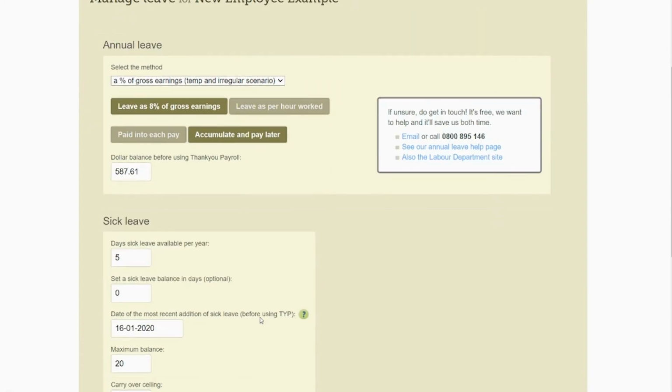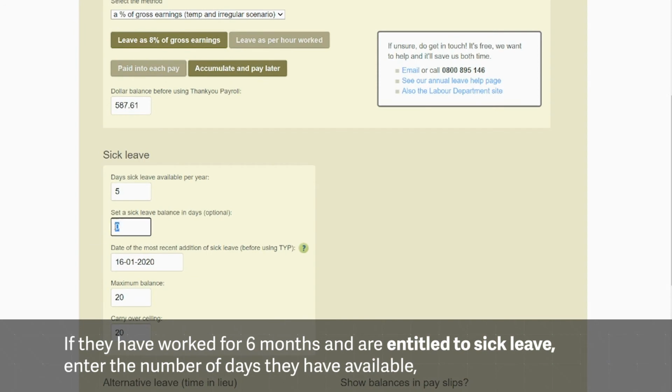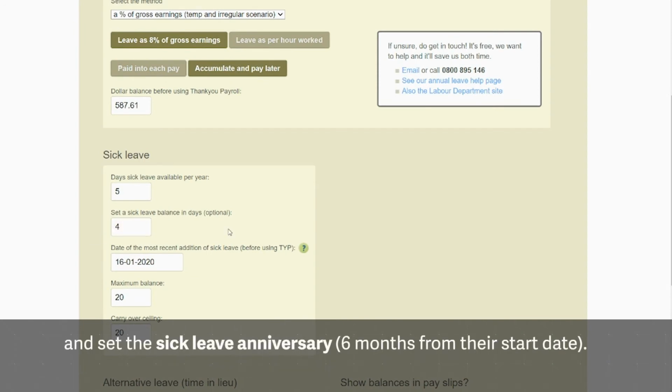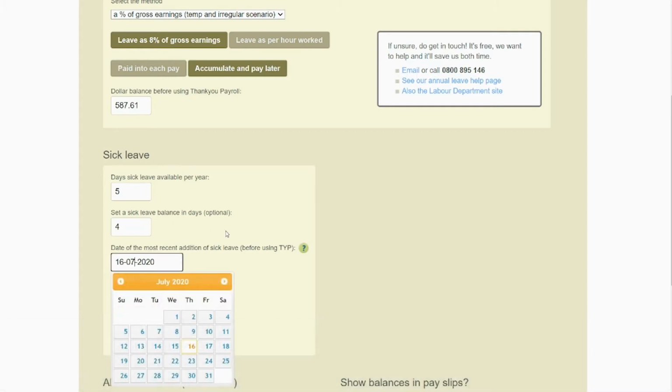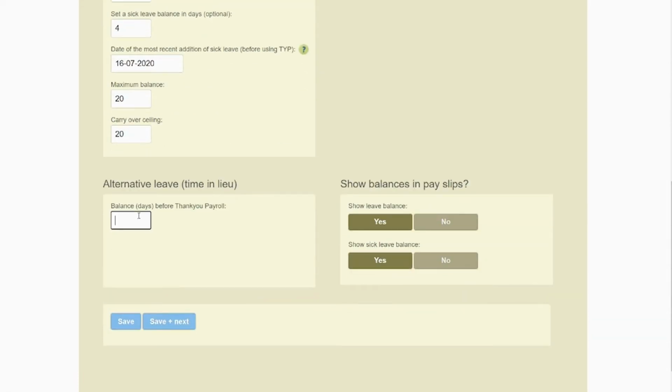If the employee has worked for 6 months and become entitled to sick leave, you'll need to enter in the number of days they currently have available and set the most recent addition of sick leave to be that sick leave anniversary. Remember, it will always be 6 months from their start date. If they've also got some alternative leave days owing from working on a public holiday, add them in below. Choose whether or not leave will show on payslips